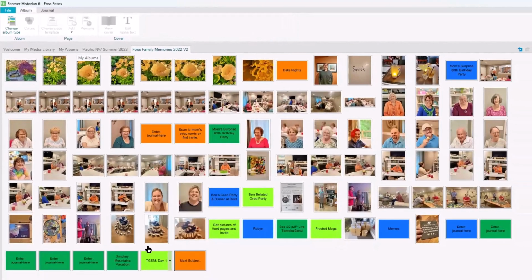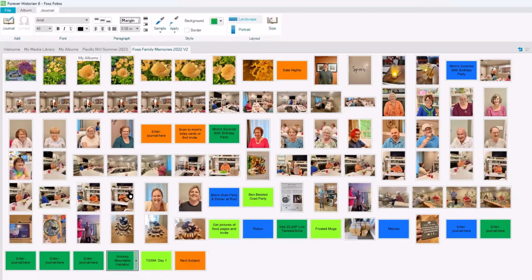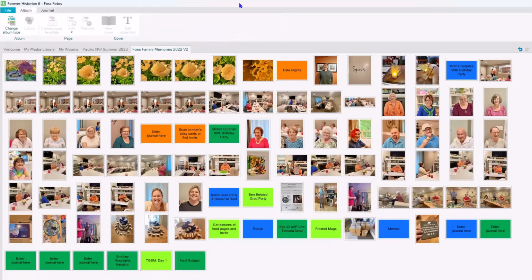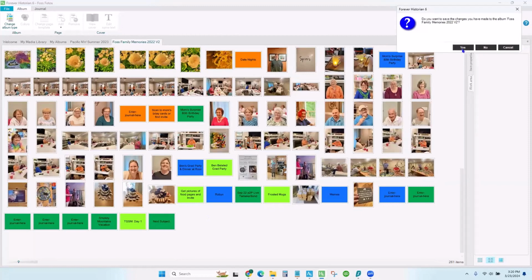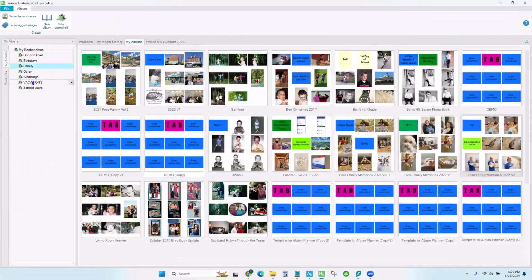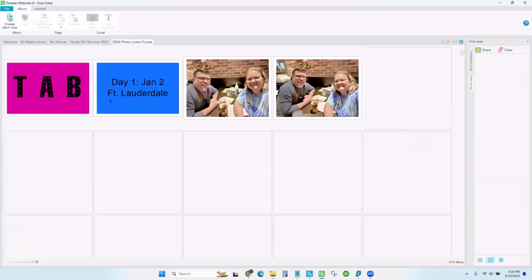And then I'm like, oh, this needs to be a different color. I could just go over here, sample, and apply, and I don't have to do all the steps of picking the color and so on. So how I use this when working in a project, we'll close this one out, on vacations, photo lovers cruise,